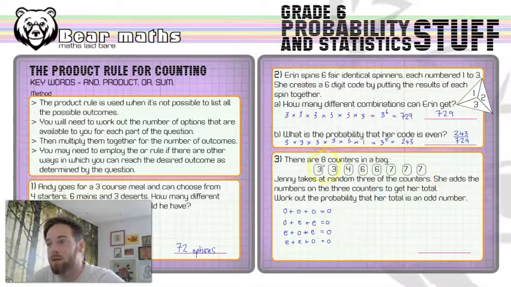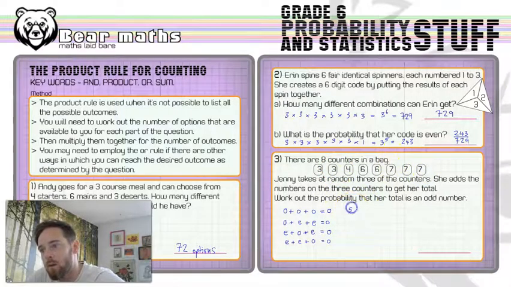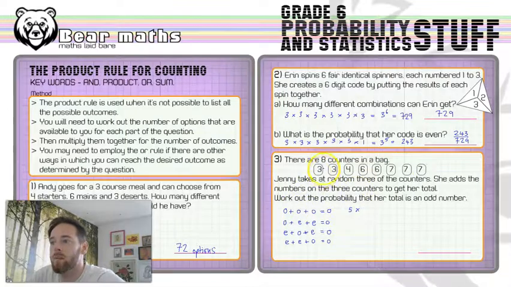This is 8 counters in a bag. If you take one, it stays out. It doesn't go back in again. So we've got to think about how many odd numbers there are. We'll look at this way of doing it first. So 1, 2, 3, 4, 5. So there are 5 multiplied by, and then think about one of them's gone. Maybe that one, doesn't matter. 1, 2, 3, so there's 4 there, and then for the third odd number,